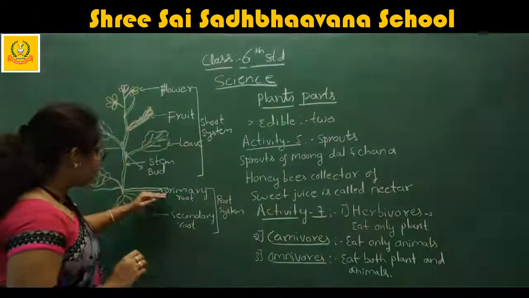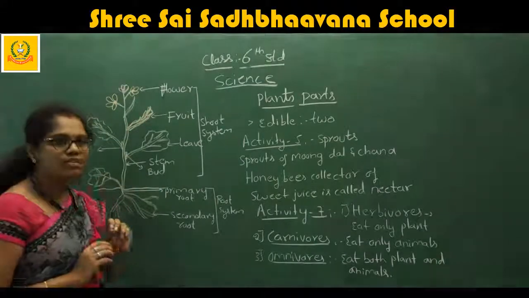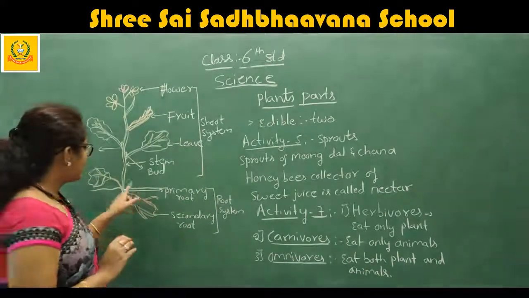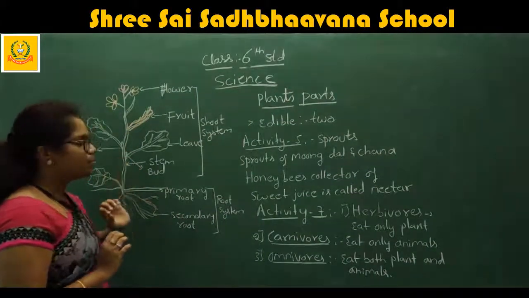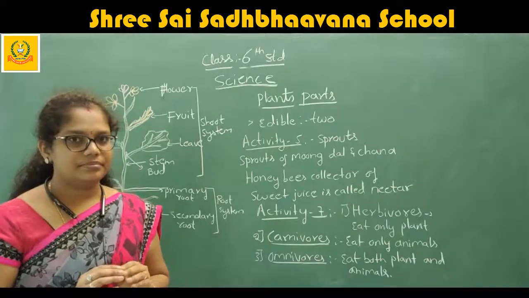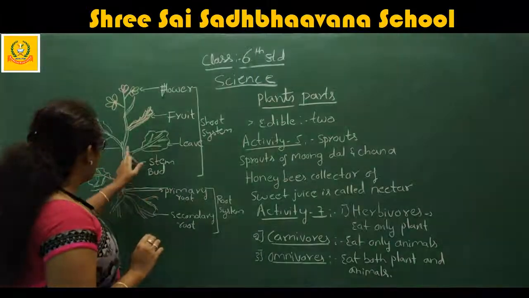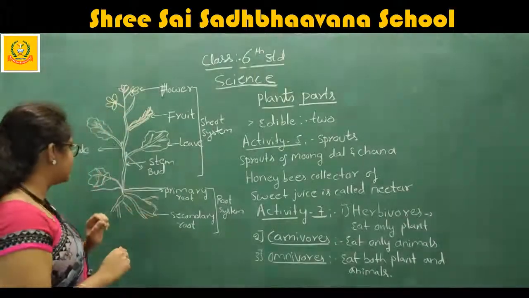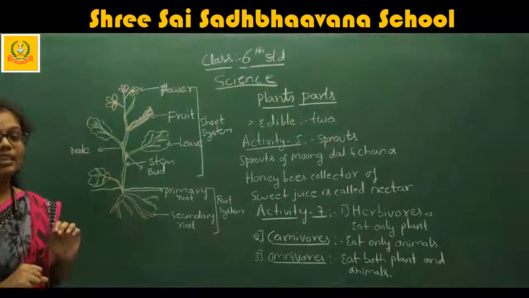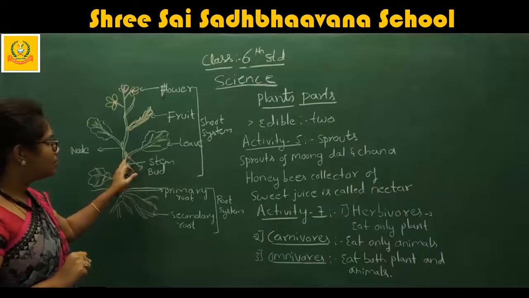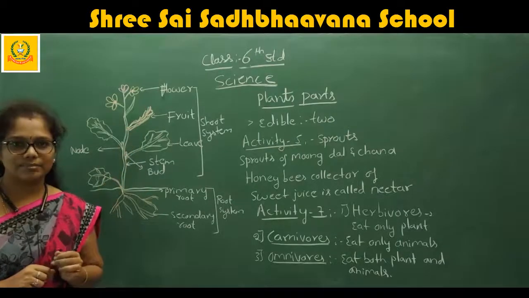If you see, after the root, next we enter into the stem. This long part is the longest part of the plant. The longest part present in the plant is known as the stem. After the stem, the small buds are present here. Here is one bud and here is another bud, right? The buds are the growing part of the stems. By using the bud, it grows into the stem.